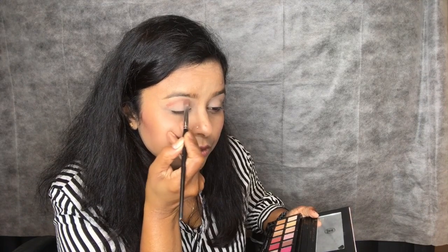When you hold your brush closer to your eyelid, you get a lot of color on it. So you can hold it a little further away, so that the brush moves in an easy way and gives you that airbrush finishing. I'm taking this because I don't want the crease to have more color, so I'm giving